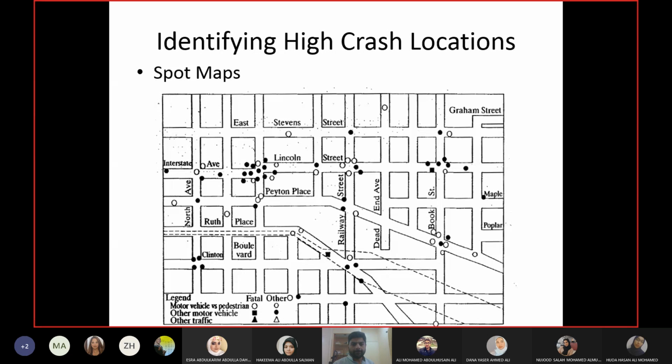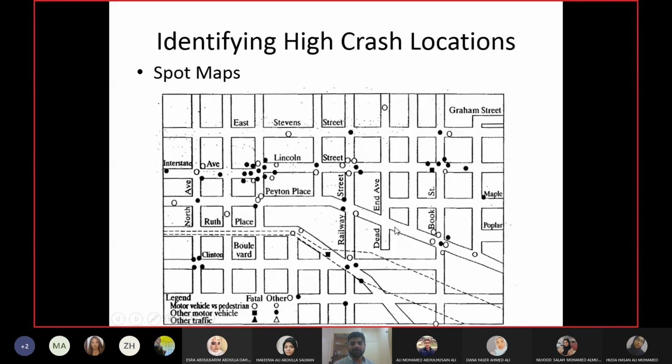Now, which location has more white circles then? Okay, so you can see there are two locations. One is this one, and the other one is this one. If you count the number of white circles here, 1, 2, 3, 4. If you count it here, 1, 2, 3, 4. So 4 fatal accidents on both of them. Now you may say that obviously I want to select one. You can do both as well. In the whole area, if you select two sites, that's not a big issue.